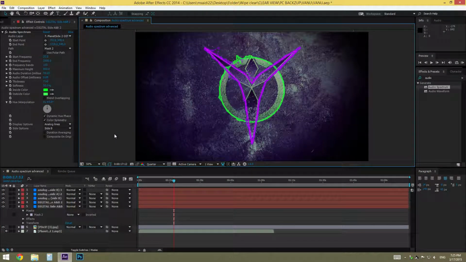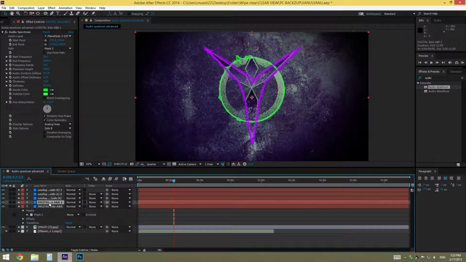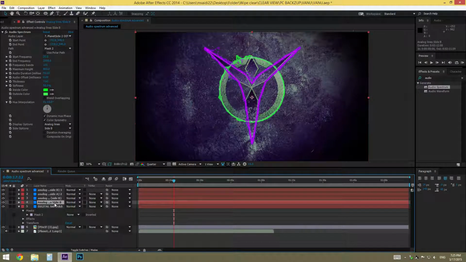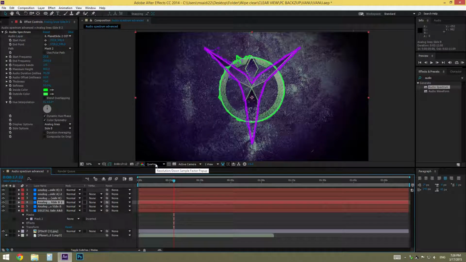Yeah, so this is done. We're done here with the first part of the second part, the digital. Okay, it's no longer the digital, now it's the analog lines. So let me just quickly rename this analog lines side B. And for the last part now, I will Control D to duplicate this, and I'll get to my last